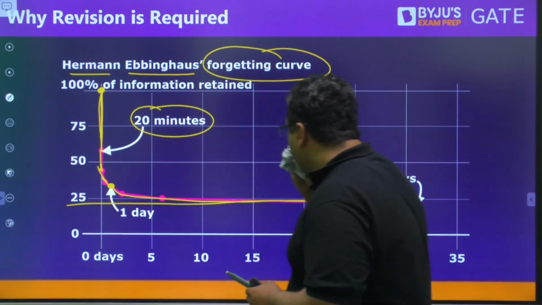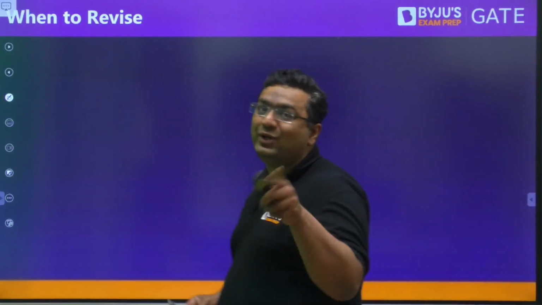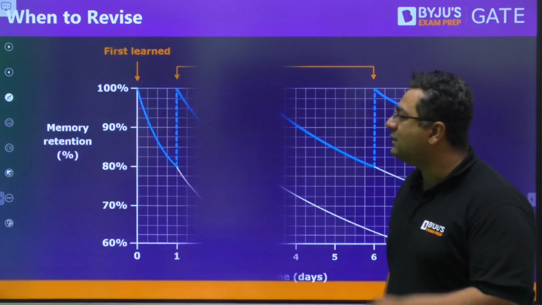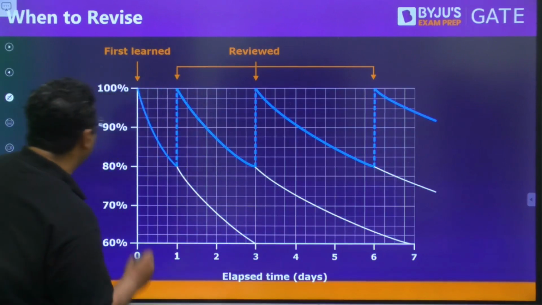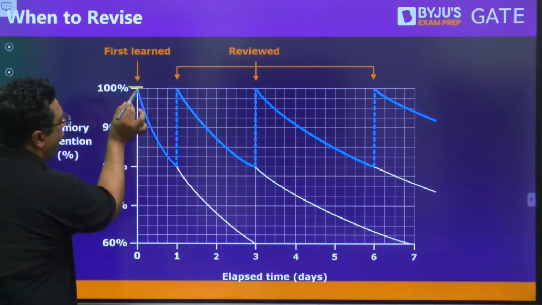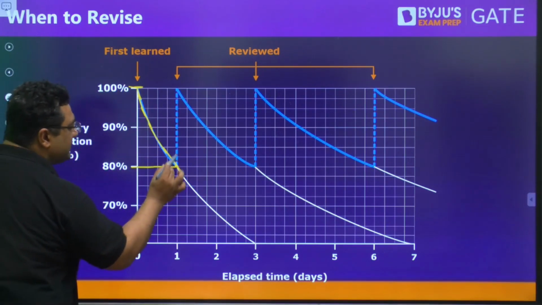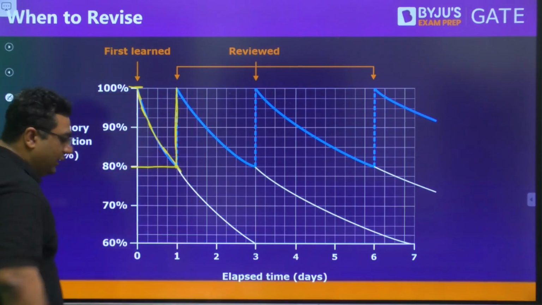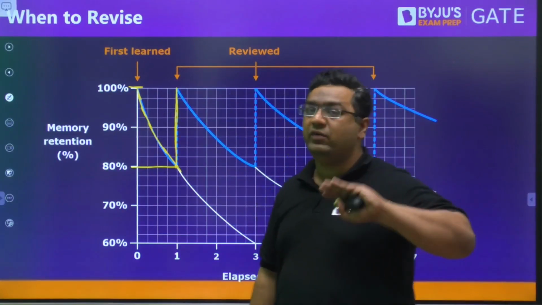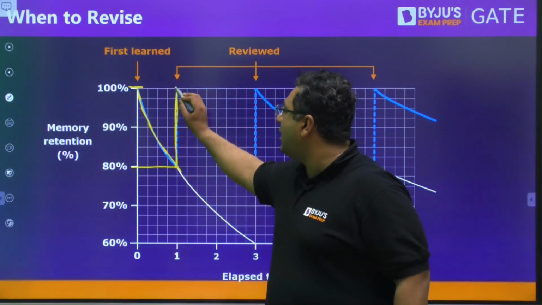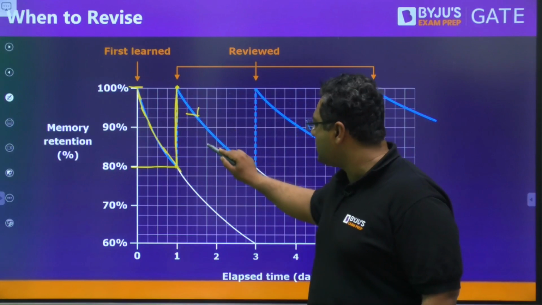Okay. So guys, we got to know why revision is required. Now the point is when to revise. For that there is a curve that tells you when the revision should be done. You can see you got 100% here. If you do not revise, it will go down like this. So we must revise for the first time within 24 hours, within a day. Because if the first revision is done within 24 hours, you will get the 100% once again after this revision. Then once again you will start forgetting.